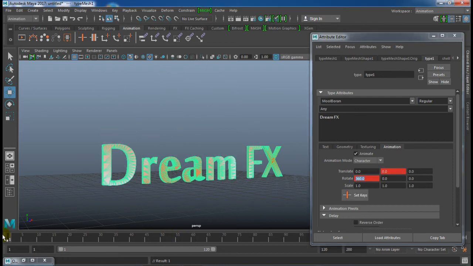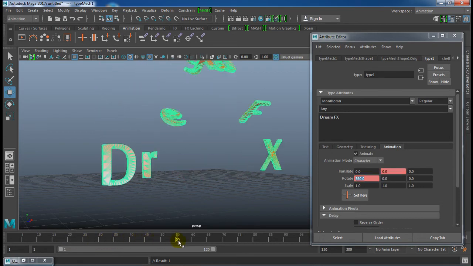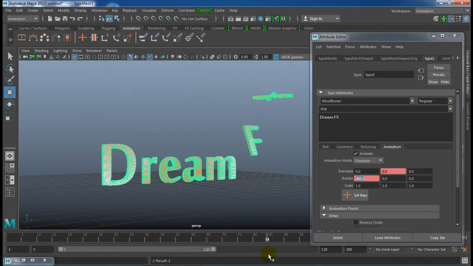In one frame your text is in the initial stage, and at frame 50 your text will be again, so just draw down and keep it one time again on the grid. Now I am going to